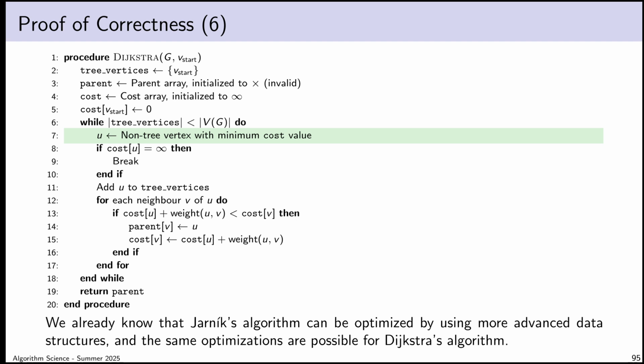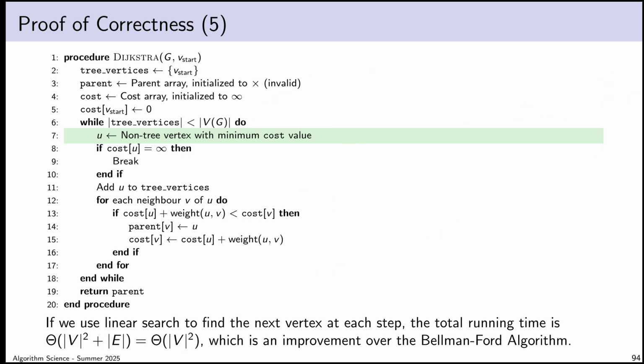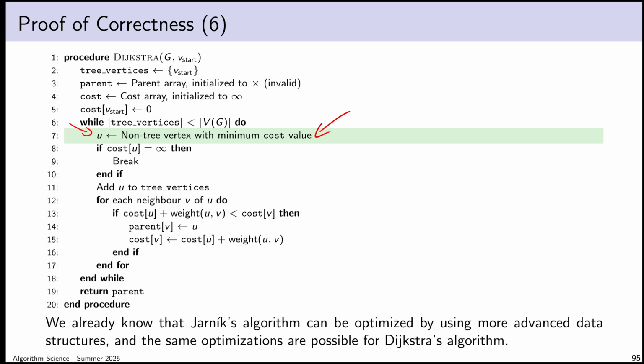Now, we know already that Jarnik's algorithm, which this is extremely similar to, can be optimized by choosing better data structures that help us do this. This seems to be the bottleneck. Everything else, that is the fact that we may have to iterate v times here, well, that makes sense. Our tree could actually contain v things. And the fact that this iterates over every edge in the graph once, well, that also makes sense because I should consider every edge before making any pronouncements about minimum costs. So I know there's going to be a v and an e. The question is, do I really need to spend big theta of v time finding the non-tree vertex with minimum cost? And so like Jarnik's algorithm, there are ways to optimize this, and we should employ those optimizations here.